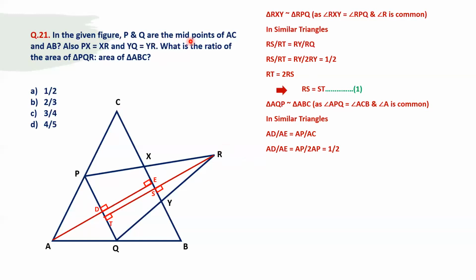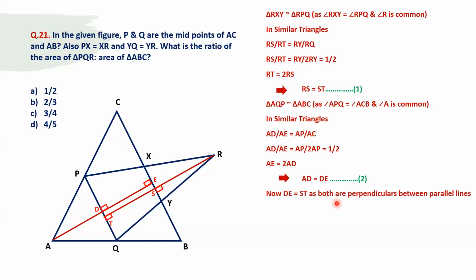Here it is given P is the midpoint of AC. So AC is equal to twice of AP. So this becomes half. So again, AE is equal to twice of AD, which means this D is the midpoint. So AD is equal to DE. So this is the midpoint. So AD would be equal to DE. Now this is equation number 1 and equation number 2.